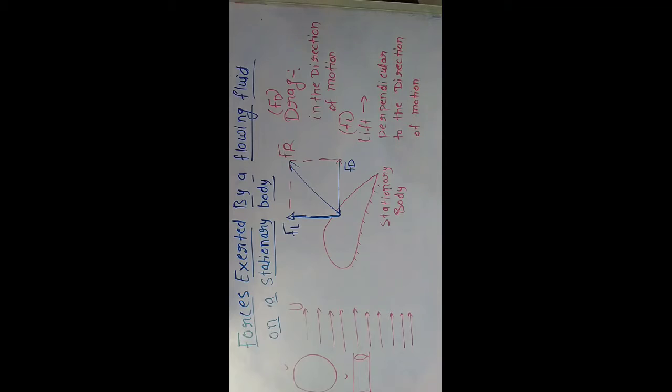Remember, if the fluid is assumed ideal and the body is symmetrical such as a sphere or cylinder, both the drag and lift force will be zero. Important concept. Symmetrical means what? Maybe spherical or cylindrical in shape, this type of shape where symmetry will be there. So both the drag and lift force will be zero. This is very important. Now next, expression for drag and lift forces.